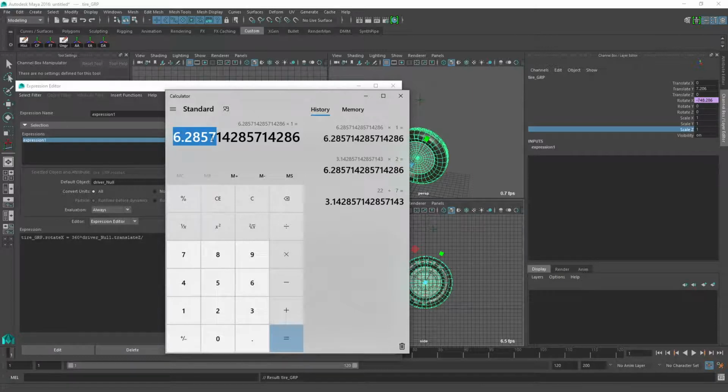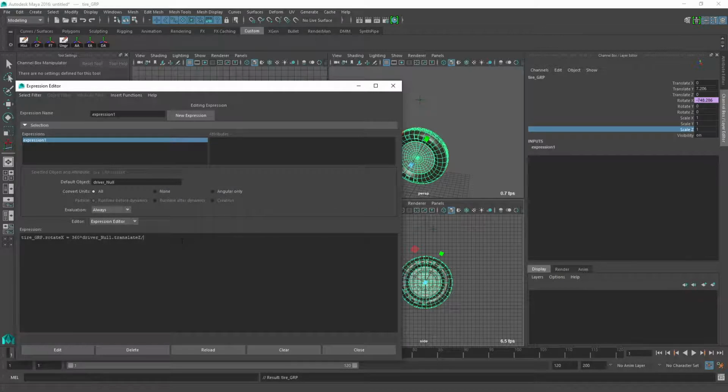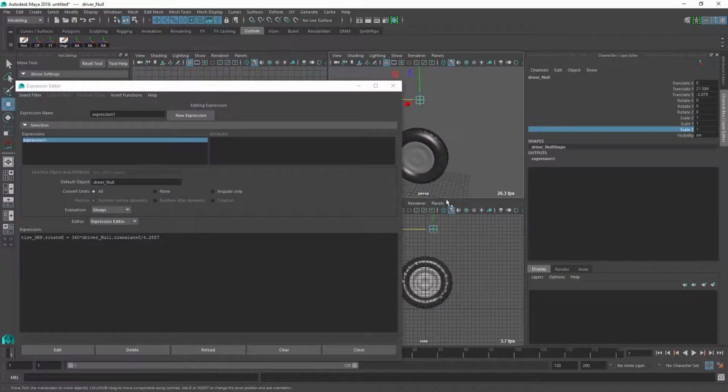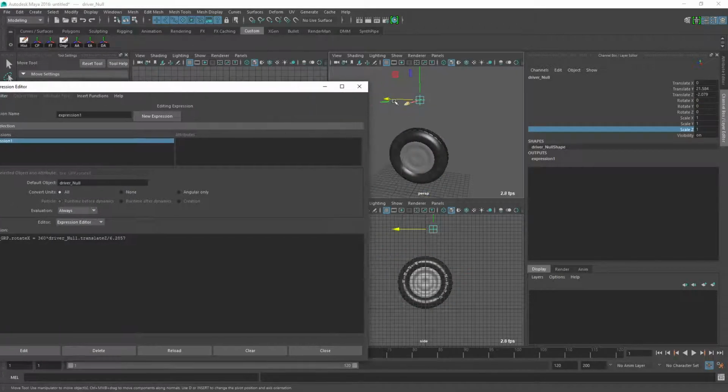So if I take this value and use that as my denominator here in this formula and edit it, let's see what just happened. If I take this and move it, now it has slowed down for sure, but has it slowed down enough? Well,